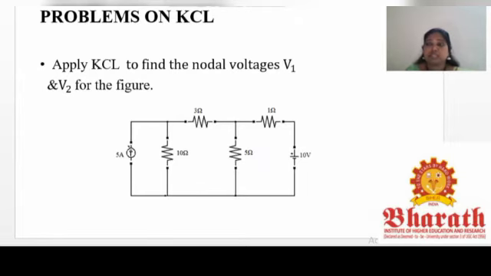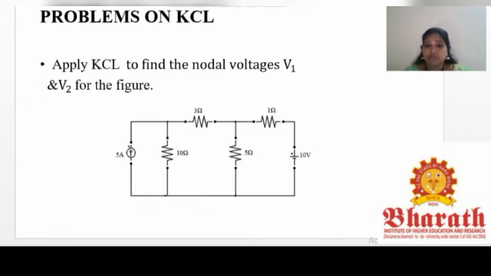From the question itself we can understand there are two nodal voltages, one is V1 and the other is V2. Indirectly, they said that in the given circuit only two nodes are there. One node voltage is V1, the other node voltage is V2. So we need not find the nodes in the circuit. They are already given, so there will be no confusion about how many nodes are in the circuit.